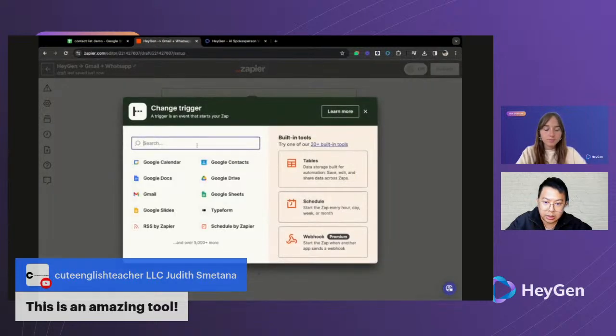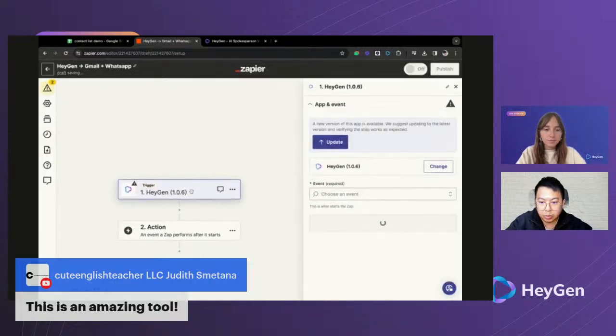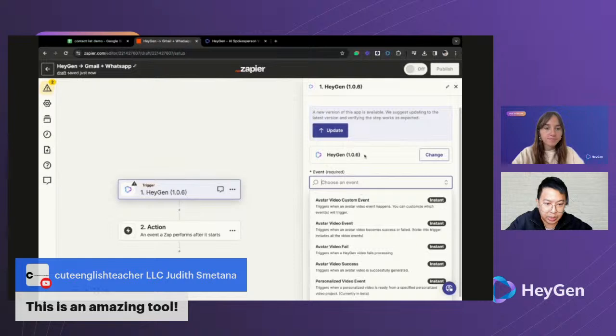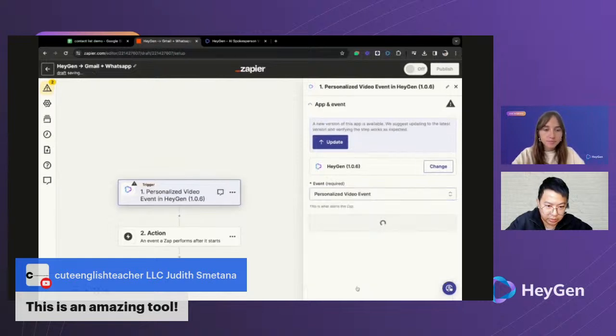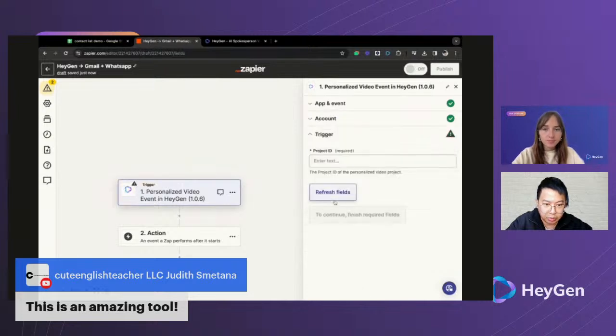So you will need to select HeyGen as a trigger, because this is where whenever HeyGen completes a video, it sends the information to the app here for you to use in the other tool. And the events will be different. You can go select personalized video event, and it knows, okay, this is the timing where we will be notifying